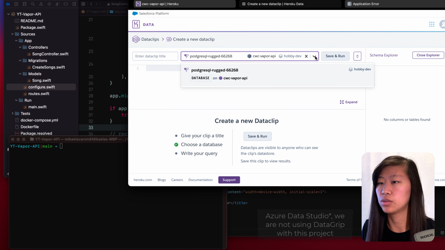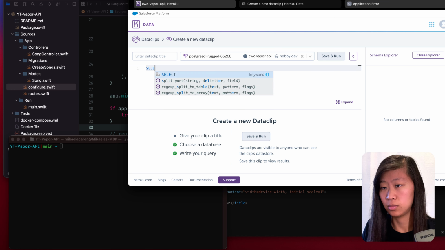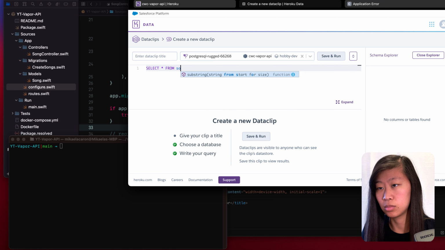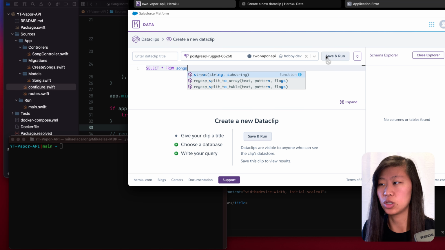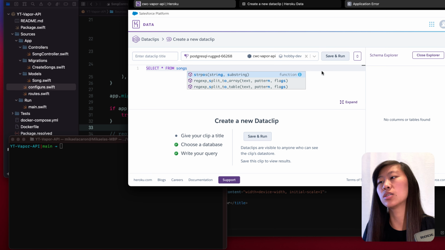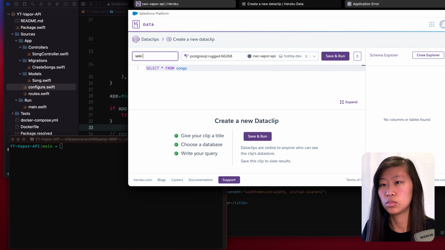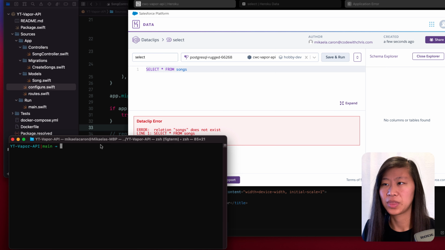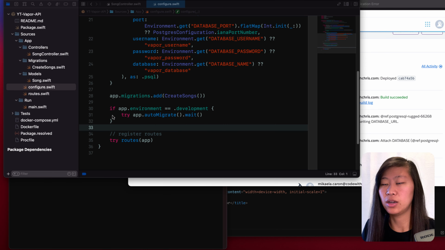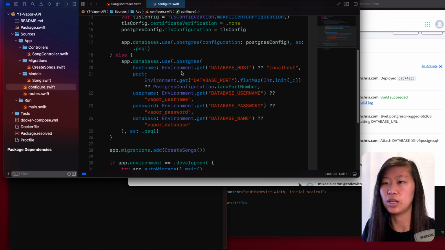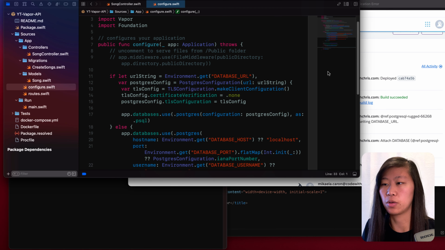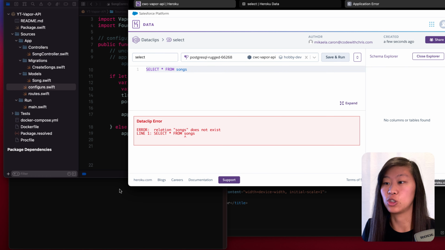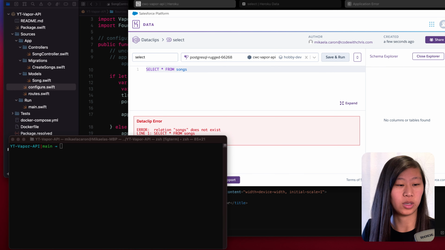So here, if we try to do select star from songs, it won't work because the songs table still doesn't exist yet. Oh, we need to give it a title, and then if we click save and run, I think, yeah, it tells us songs doesn't exist. That's because we have now configured our application to use our new database URL, but we still haven't run the migrations themselves. So to do that, we need to